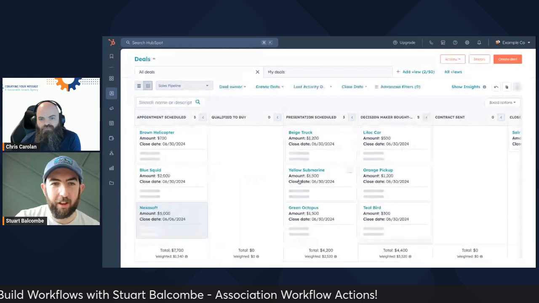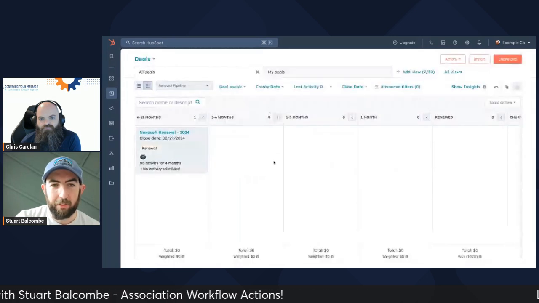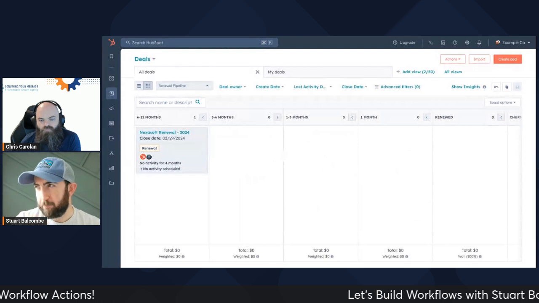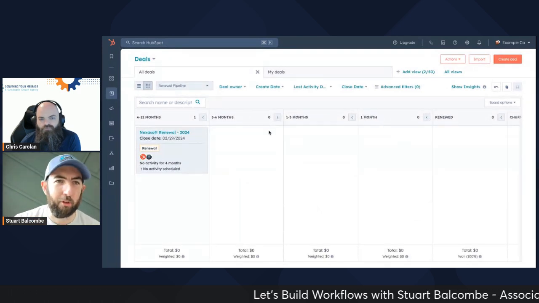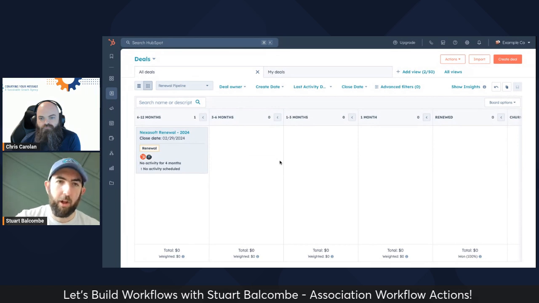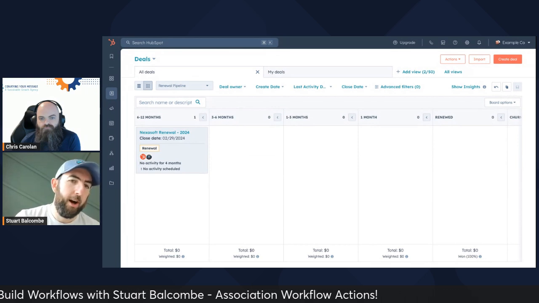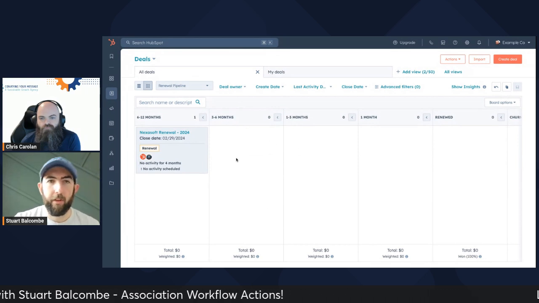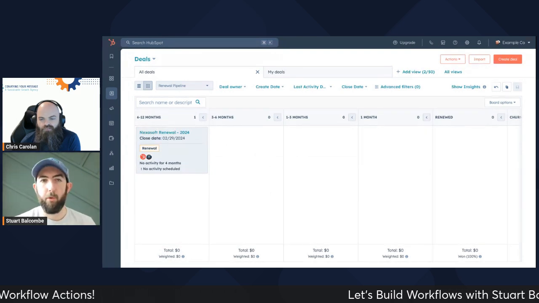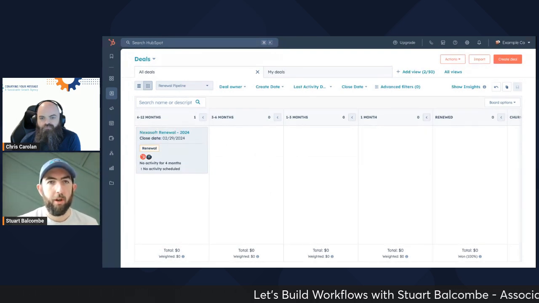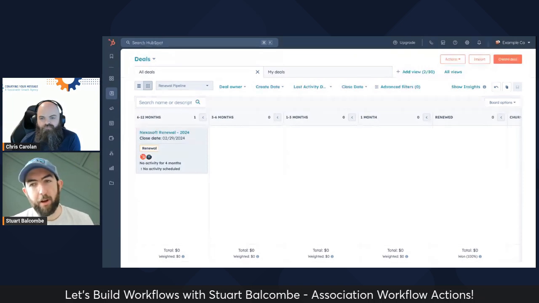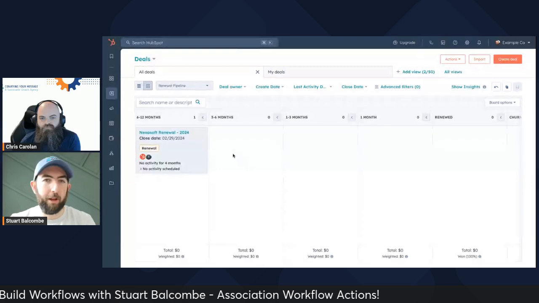So the specific thing that I am thinking here and would like to use this for, and I'm curious, maybe we just solution this together to a certain degree. But this is something that folks who've followed me for a while may have seen before. The renewal pipeline that is essentially time-based, as you automate moving deals in here when you close a new deal, a new business for the first time, and then somebody moves through this pipeline based on their